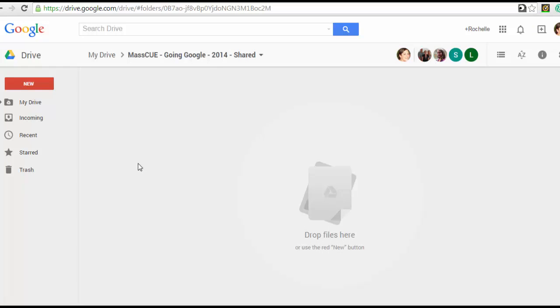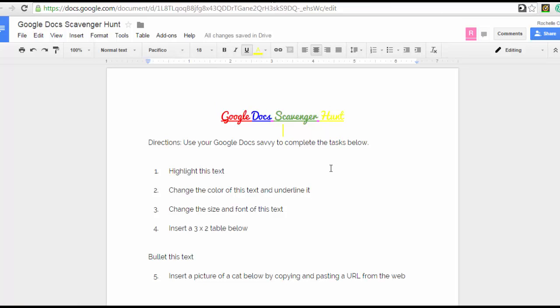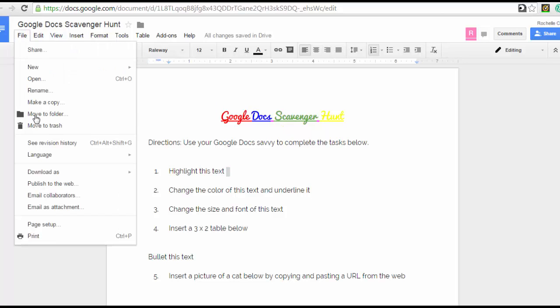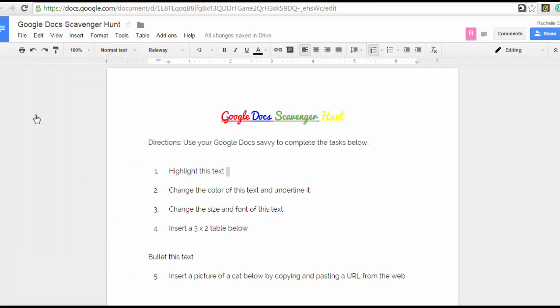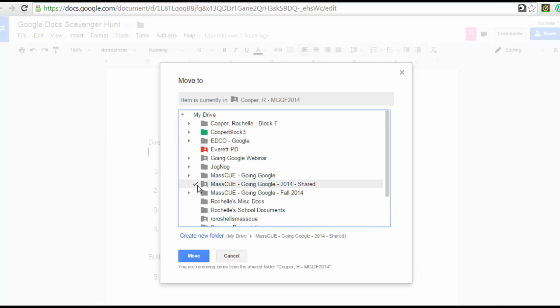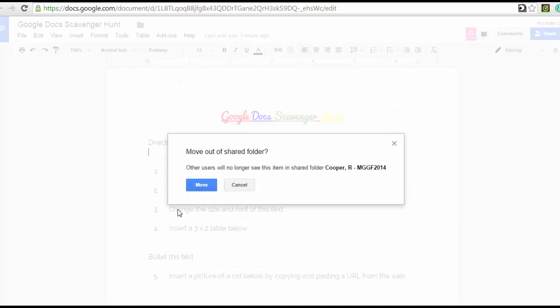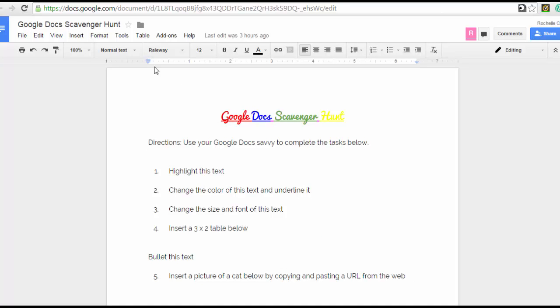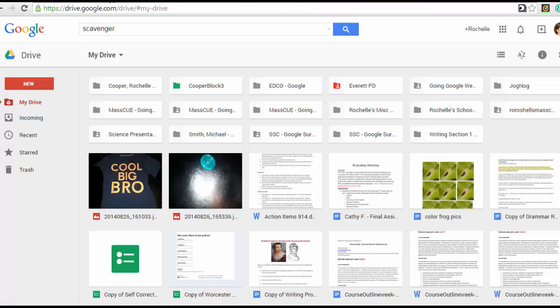I've already created an assignment that I'm going to share, and this is a scavenger hunt. I'm going to move it to that folder that I just created for all of my students. I'm going to select that shared folder and click Move. Now when I go back to my Drive and click on that shared folder,